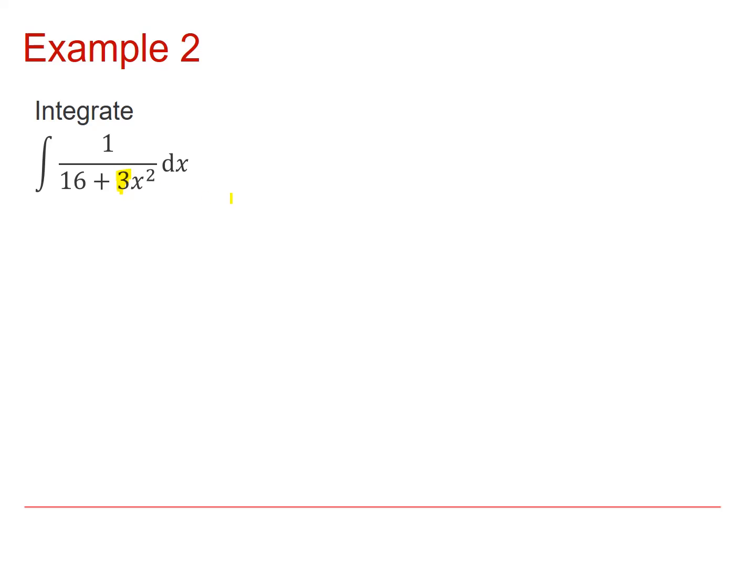Well, a problem here, I've got 3x squared instead of just x squared. So I'm going to do a bit of factorizing first of all, take that 3 outside the integral to see what's going on. So if I take out that 3, it becomes a 1 over 3 outside the integral. I'm going to get 1 over, now I've taken a 3 out, so I get 16 over 3 from the first bit, plus x squared from the second bit, dx. And now if I do a comparison with the standard form, the integral of 1 over a squared plus x squared,